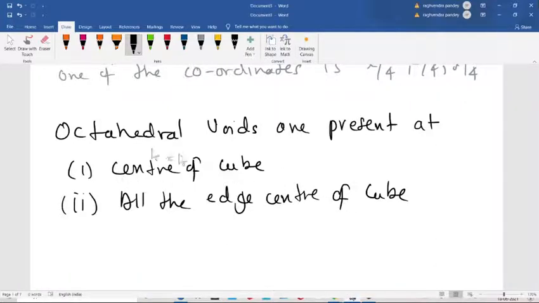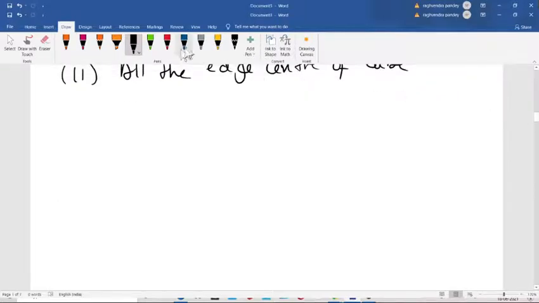Center of cube means at the exact center. Edge center, how many edges are there? 12. Now let's make this one and understand this.